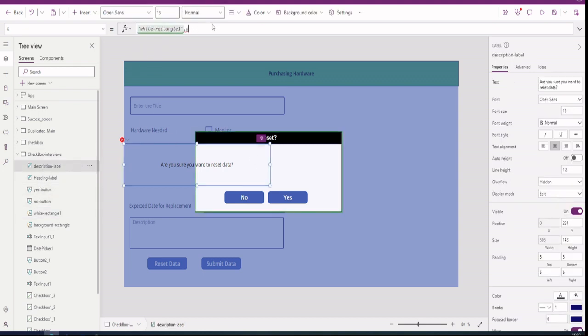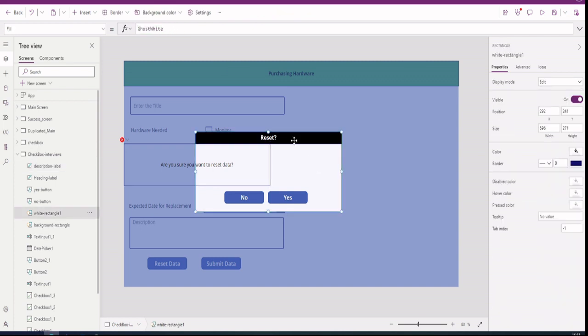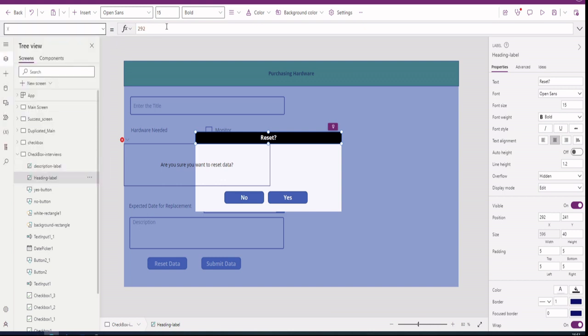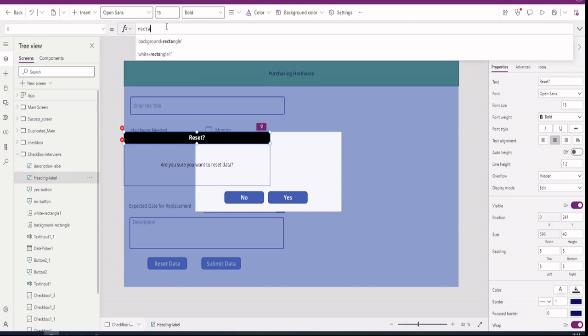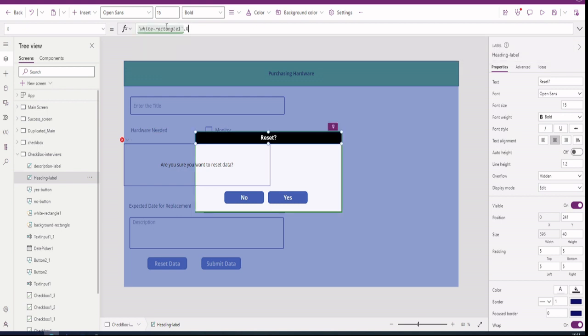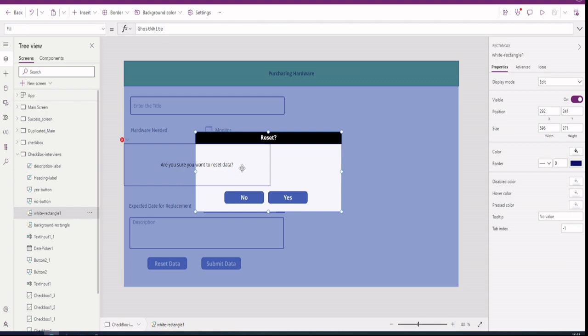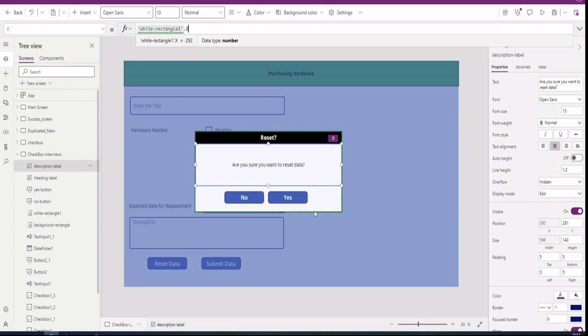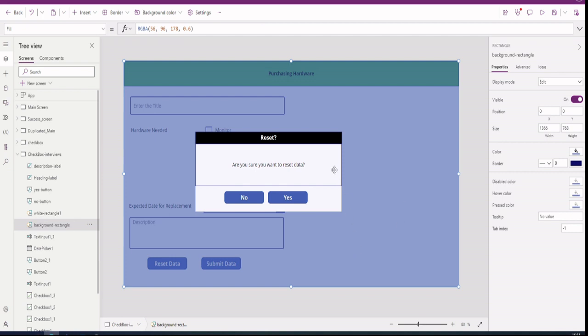Description label box, okay. Maybe it takes some time. Meanwhile, I will do the same with the heading as well. So rectangle dot X. Okay, maybe I should do it again. White rectangle 1 dot X. Okay, now it works. Sometimes it's a mystery. Anyway,